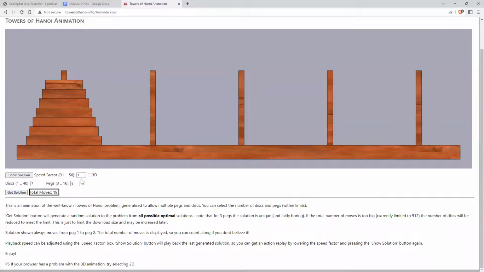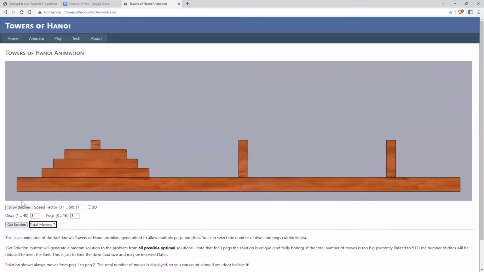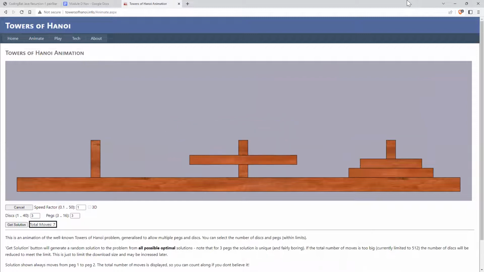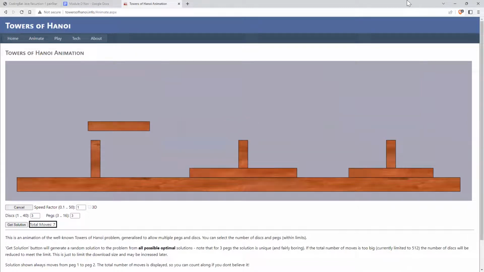Yeah, it doesn't matter, but it is not understood by everyone. So instead of B to C, guys, just consider that it is moving from A to B, right? So 3 disk and 3 pegs. So instead of moving from here to here, it is moving from here to here. That is the difference. So I'm just explaining the question that I want to move the 3 disks from a